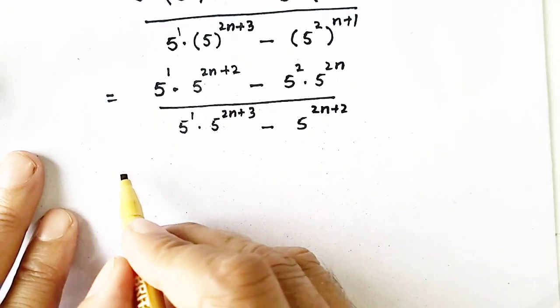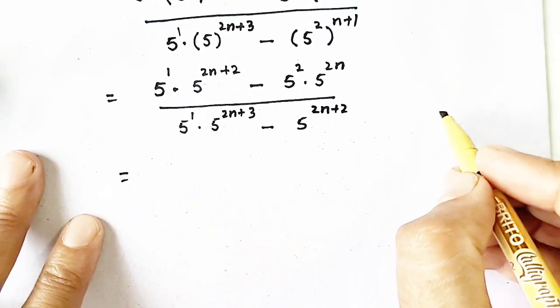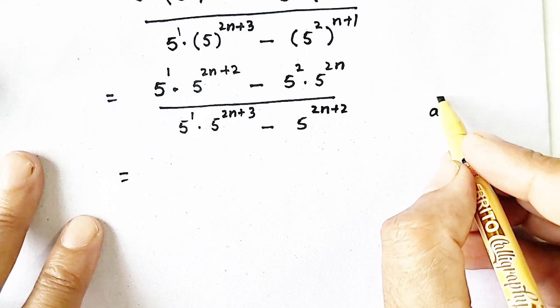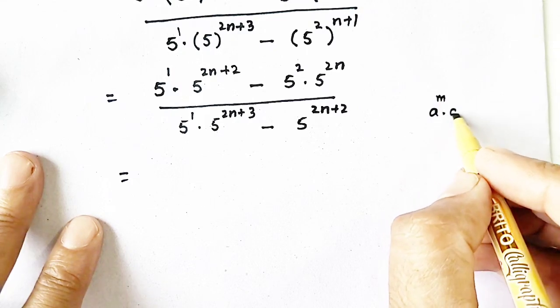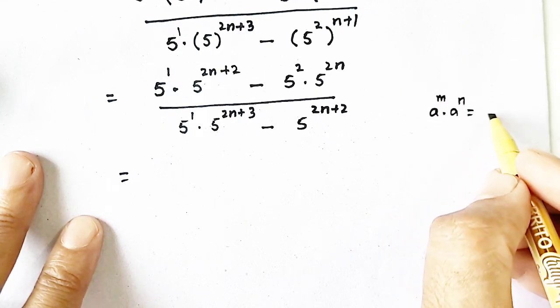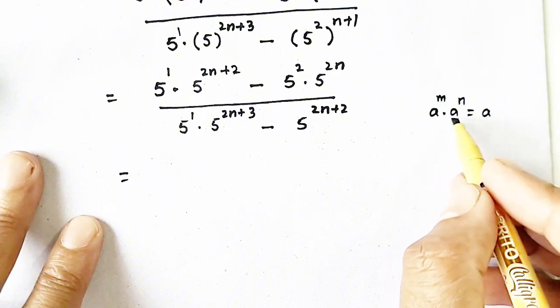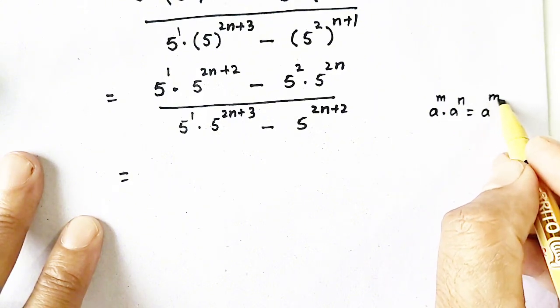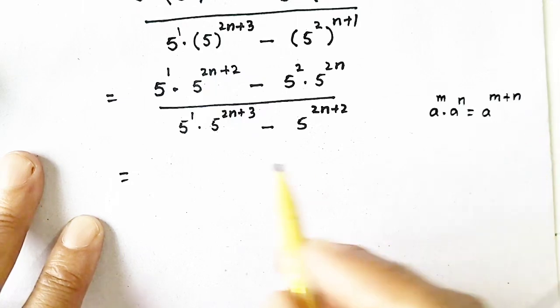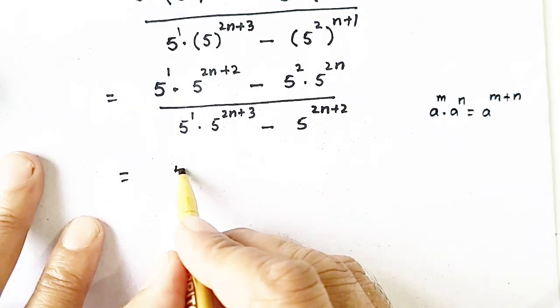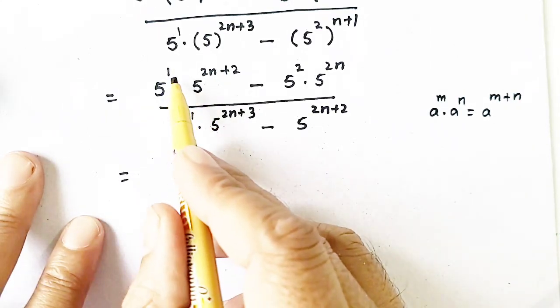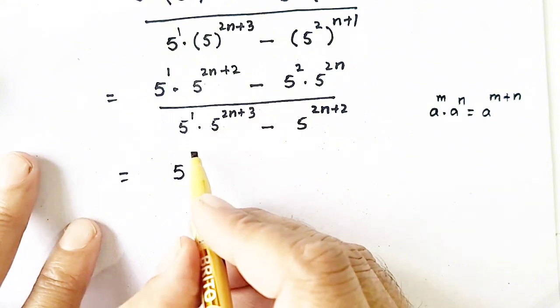Now we have a rule a to the power m multiplied by a to the power n, then the base is written as single, and the powers will be added, m plus n. So 5, 5 we will write a single time, and the powers will be added, so we will get